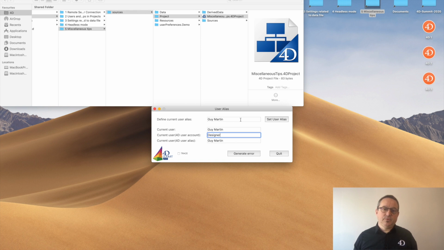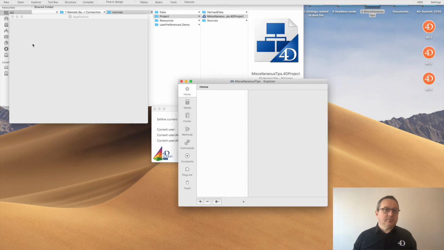And if you want to reset the name, you just have to set a user alias with an empty string, and then the current user is the user account. So it's very simple.